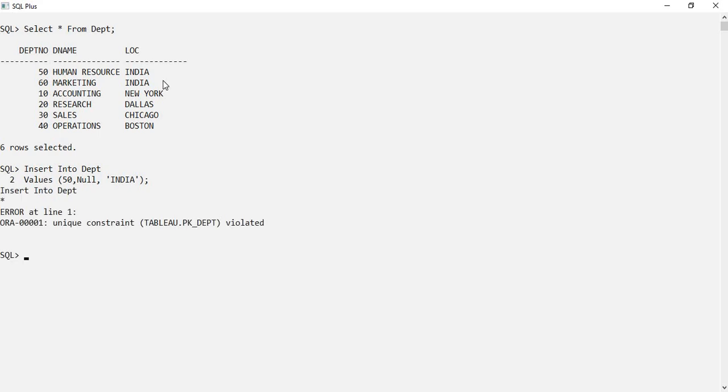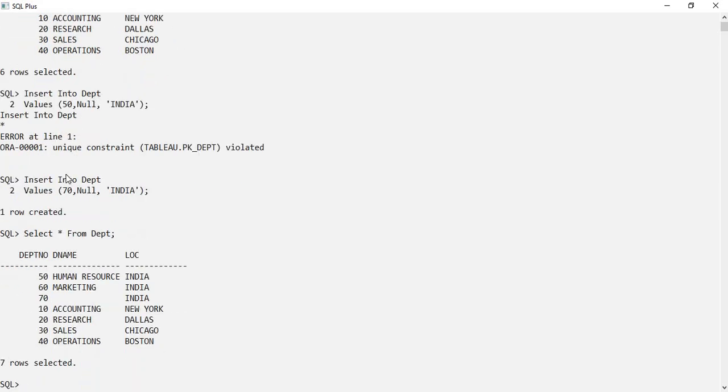Okay, now when I clicked on enter, that issue is because of 50. Let me correct that. Again, there is a unique constraint. We'll talk about this when we are talking about constraints. What the unique constraint is saying is, you already have a department number 50. You cannot re-enter that. Even that is possible using constraints. We'll discuss about that. So when I click on enter, the row is created. Now when you go and see, you can see the department name as none.